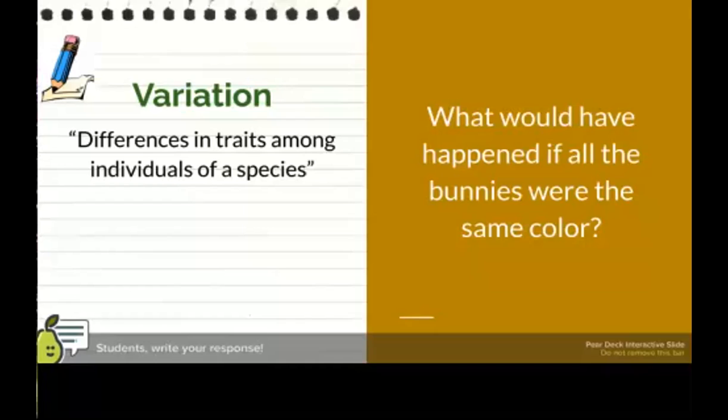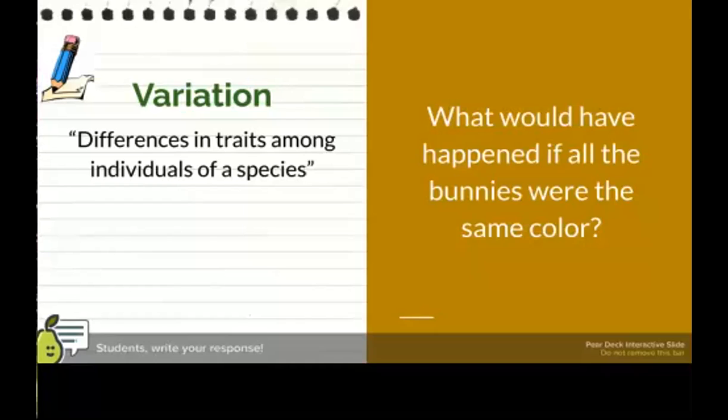I think the kind of bunny that doesn't blend in with its environment would be killed off by predators. Okay. Abigail? All the bunnies would reproduce with the same color. Okay. Right, we wouldn't have that variety. Garika? If the bunnies were all one color, then depending on the environment and predators that are there, the population will either stay in control or all of them will eventually die. Okay.